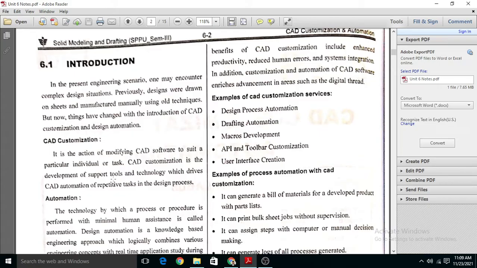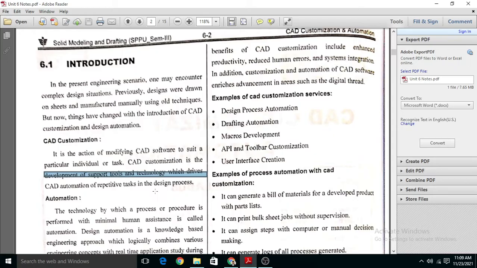See here, the CAD customization is a development of support tool, various different support tool and technology. We want to develop the support tool and the technology which drives a repetitive task in a design process.